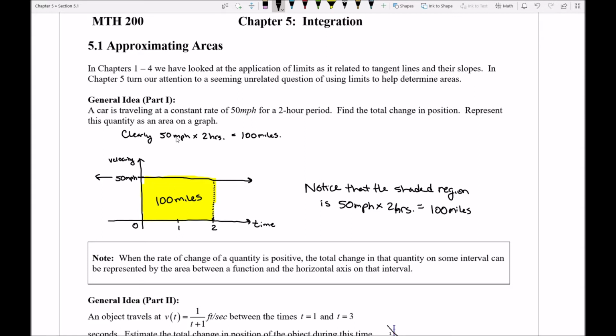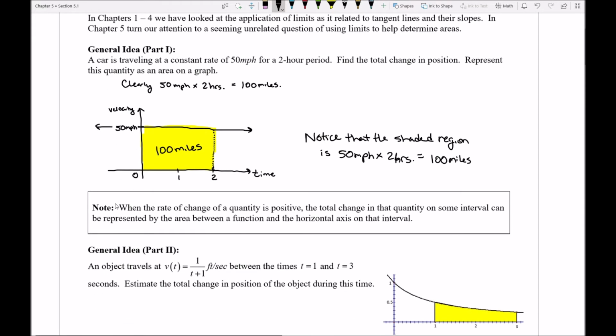Now, obviously here in this opening example, I didn't really need this picture to answer the question. But if the question starts to become significantly more complicated, then representing the thing that I'm looking for as an area under the curve and finding interesting ways to calculate it might be a really good way to tackle or approach the problem. So the note that we can make here at this point is that when we